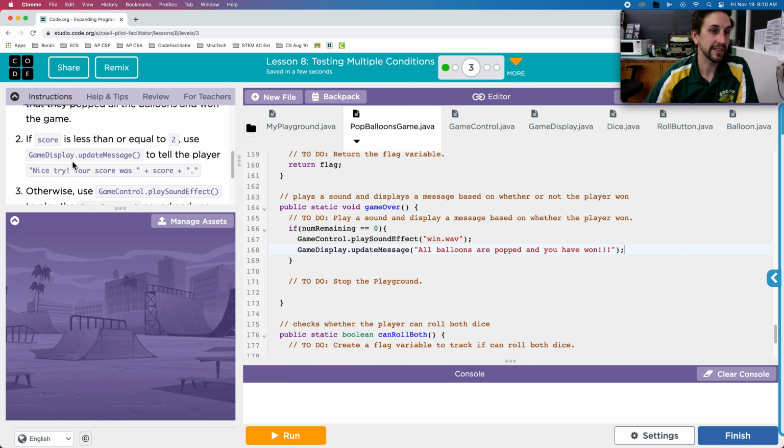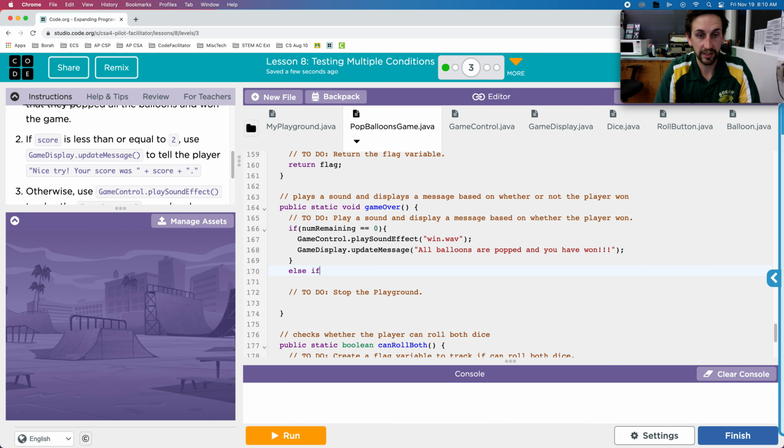And number 2 says if score is less than or equal to 2, use game display update message to tell the player, nice try, your score was, and then provide them their score. So if the score is less than or equal to 2, so I'm going to do an else if score is less than or equal to 2,